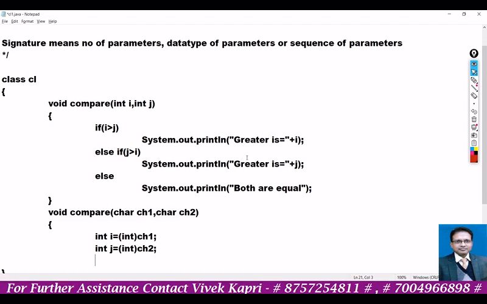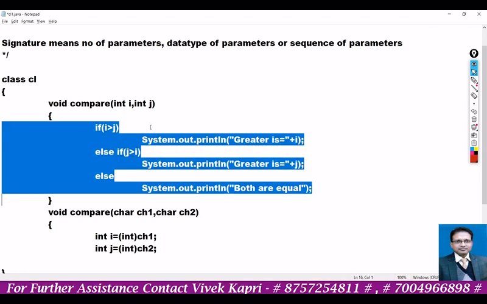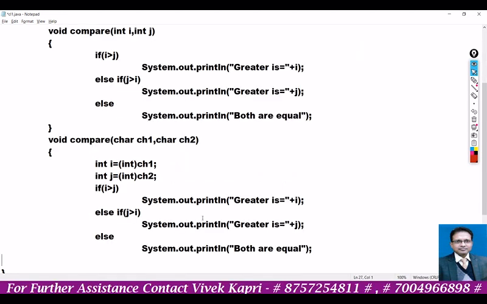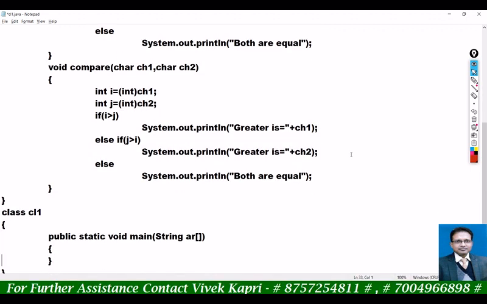Now apply the same concept, same condition. But here greater is ch1, greater is ch2, both are equal. Okay, now call the functions.